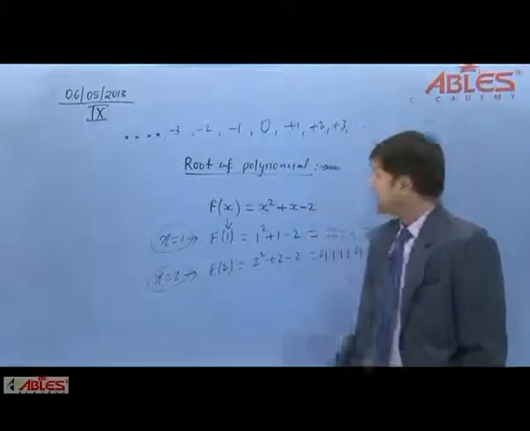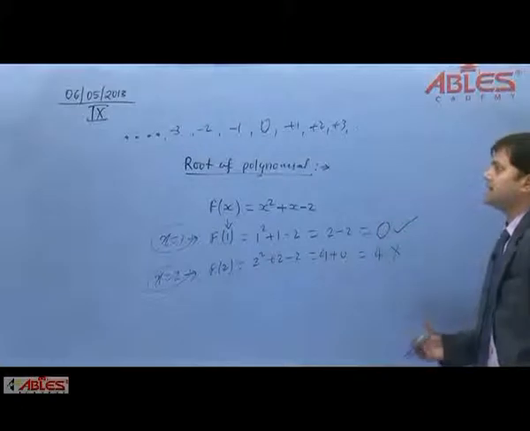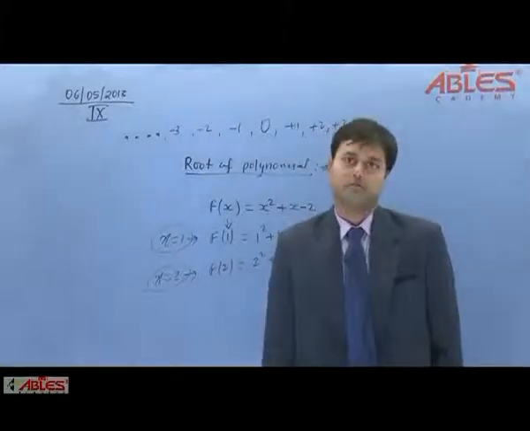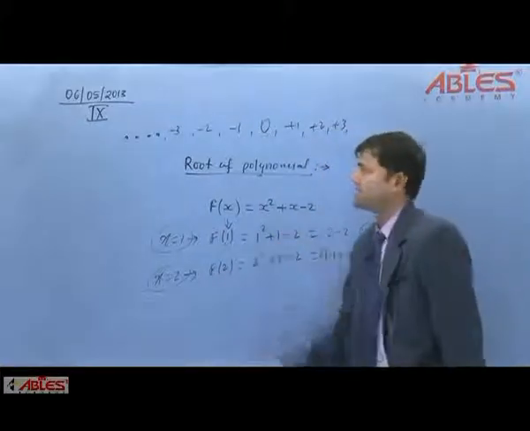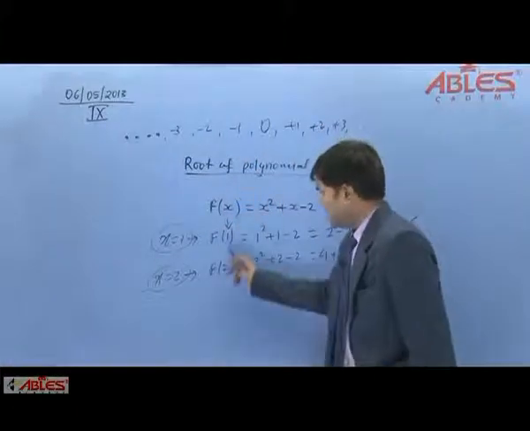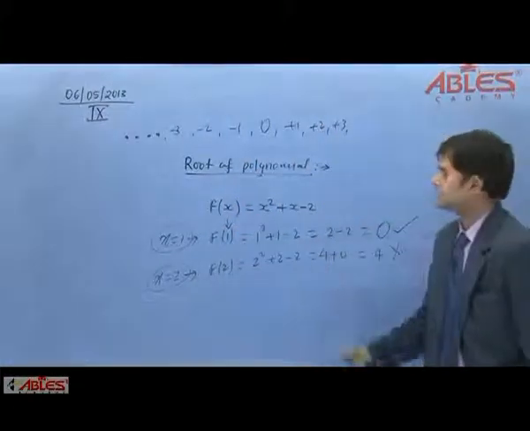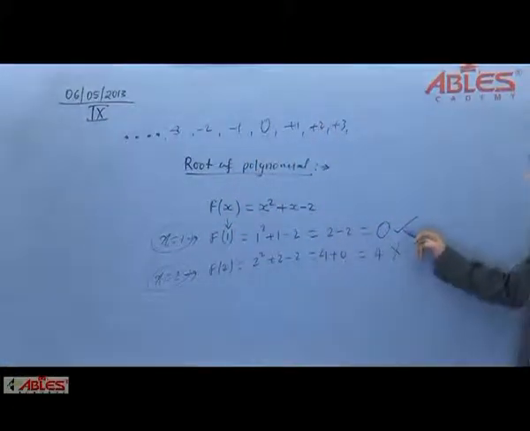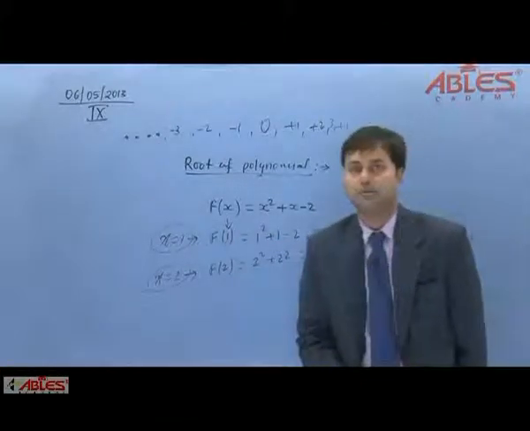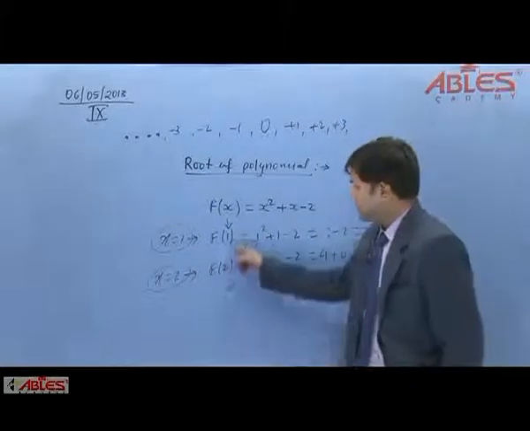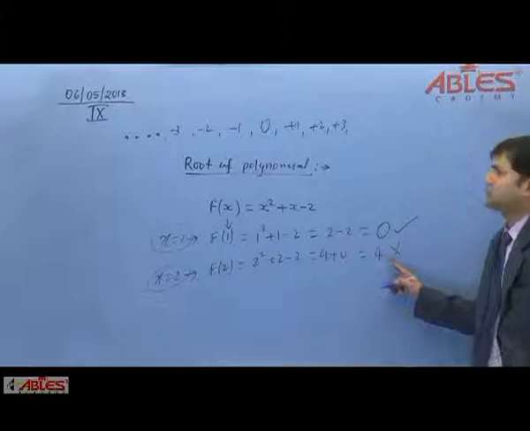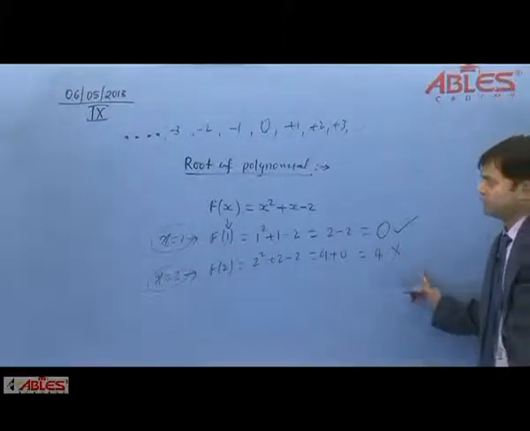Fine, thank you students. So see how we can decide whether the given value is the root of the polynomial or not. I am explaining it again because I am not getting a response from many centers. If by putting some value of x you get output 0, then that value is known as the root of the polynomial. Suppose by putting some other value, say 2, we do not get output 0, then this is not the root of the polynomial.